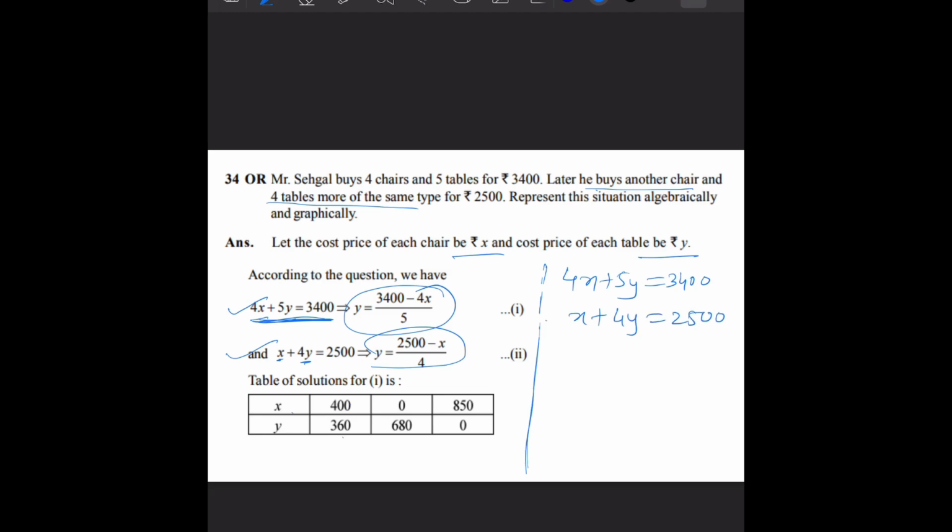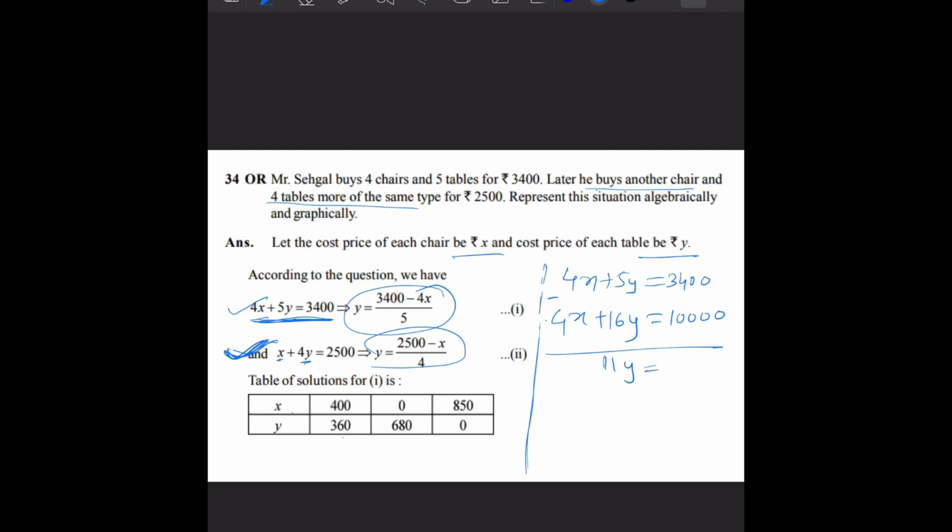If I multiply the second equation by 4, this will be 4x, this will be 16y, and this will be 10,000. If I subtract these two, we'll get